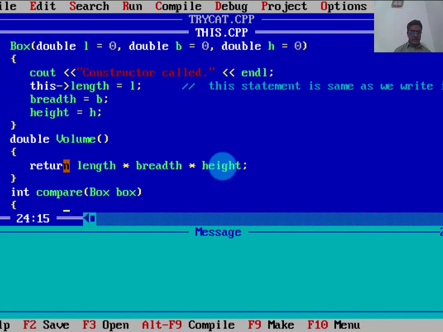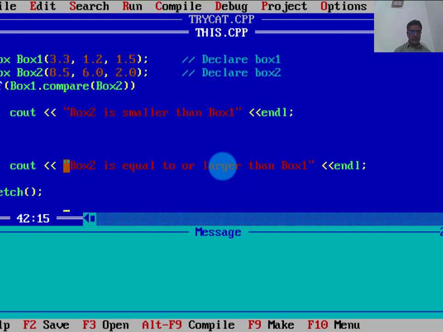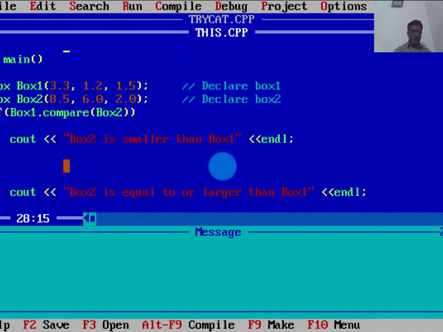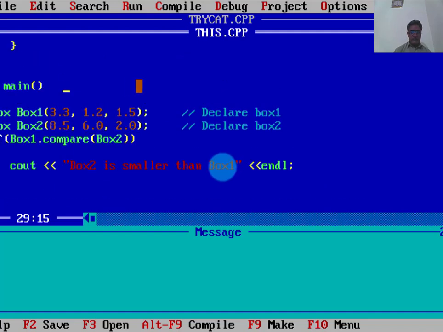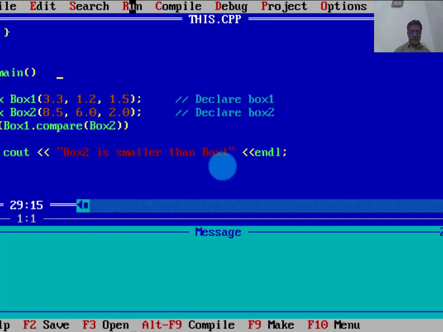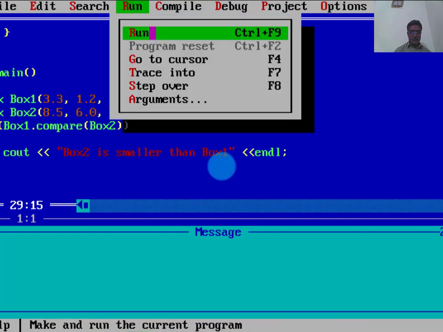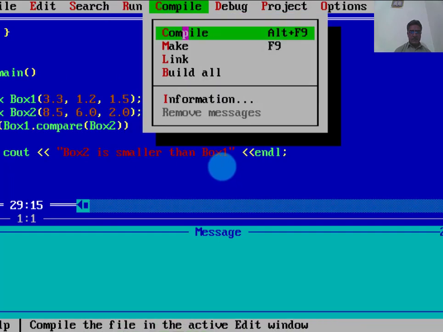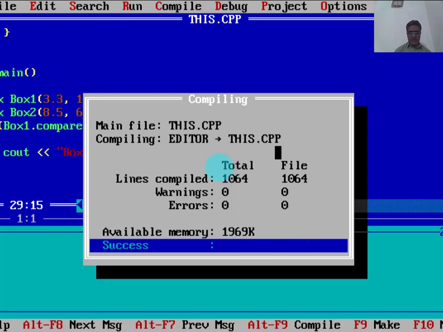This is the detailed program of our box class, and this is the main program. So what is the result of this program? I run this program. Firstly I compile it. You may see that there is no error in this program.